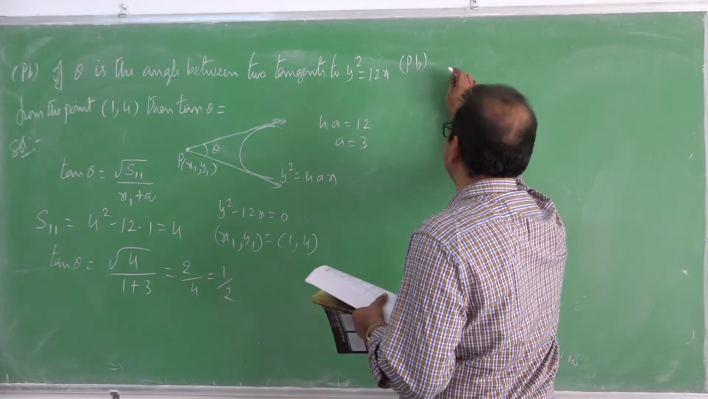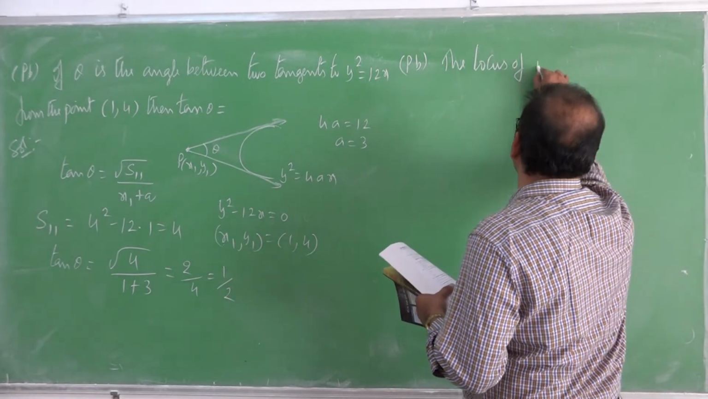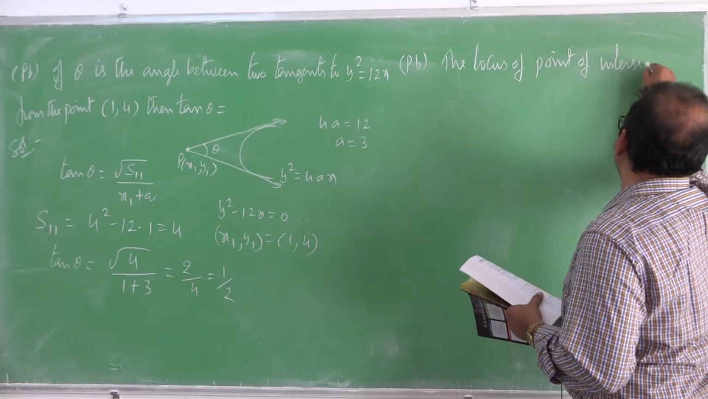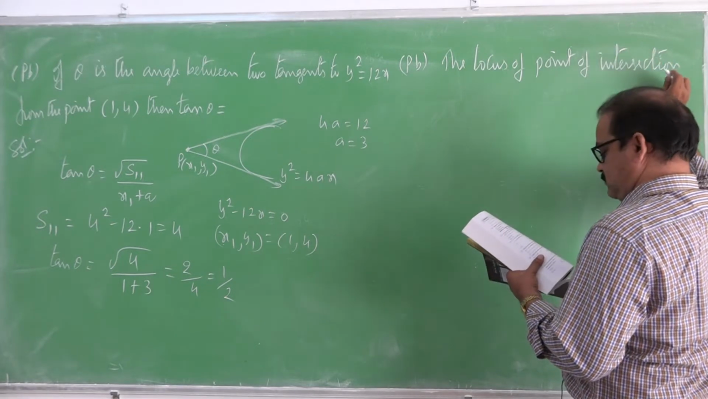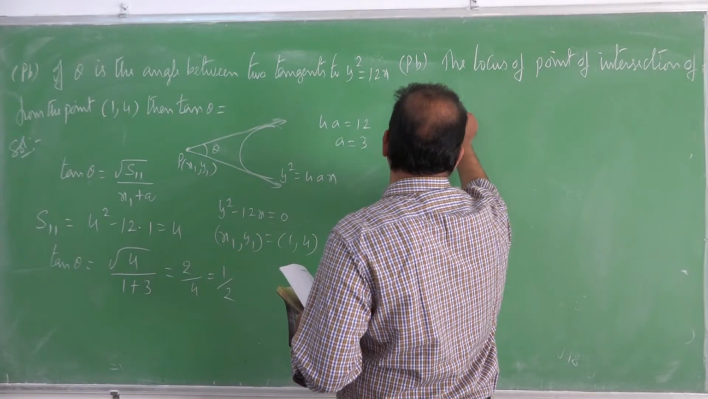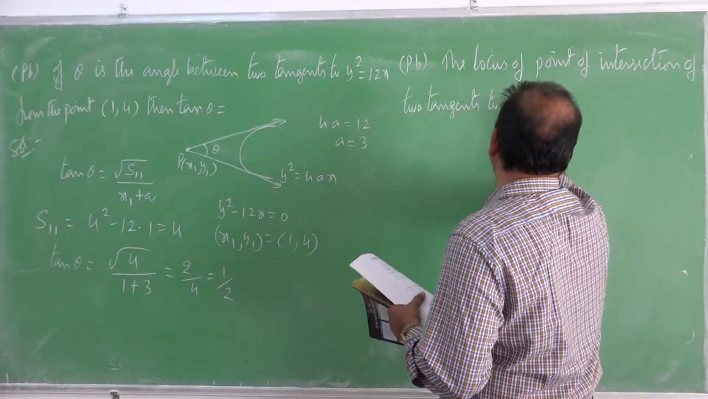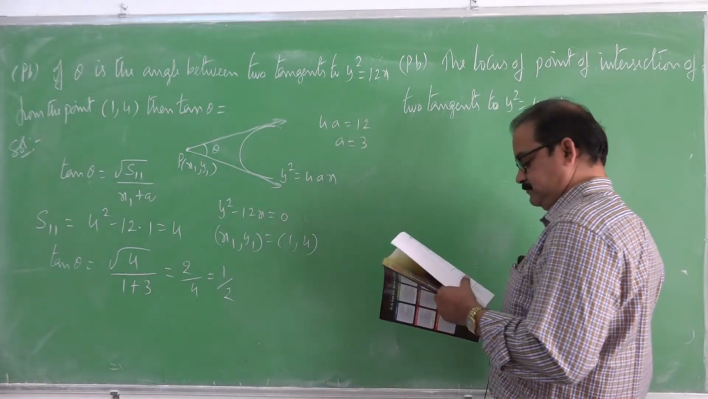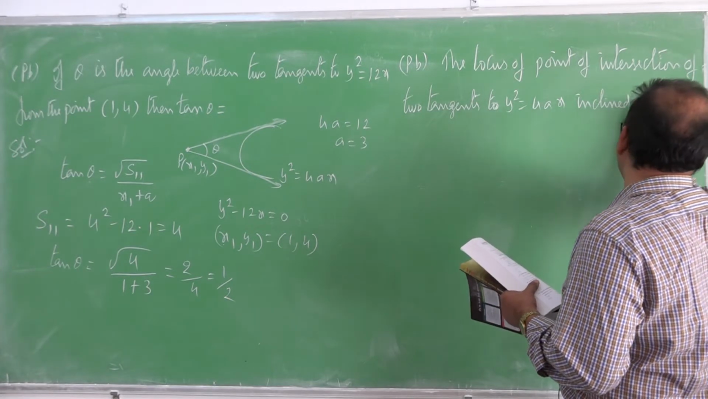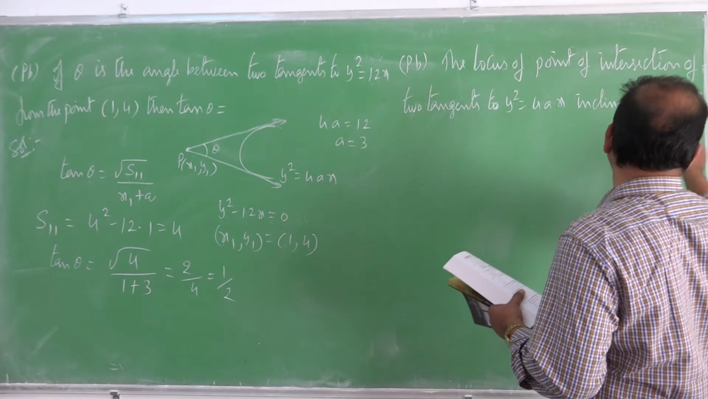Write the next problem. The locus of the point of intersection of two tangents to the parabola y square is equal to 4ax inclined at an angle 45 degrees is